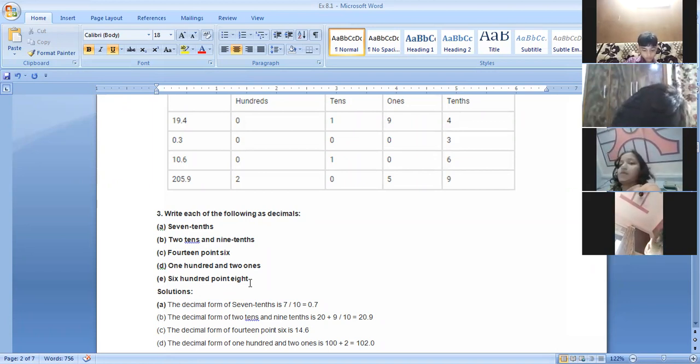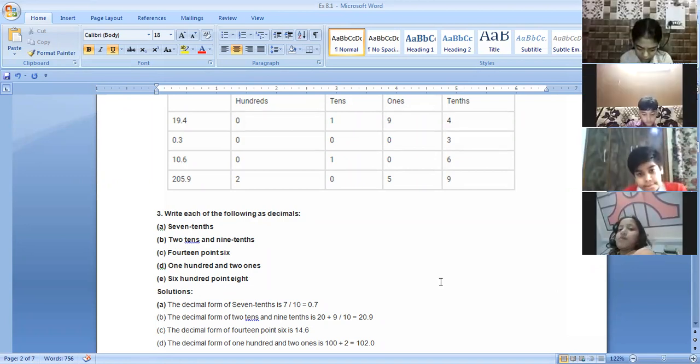Yes, ma'am. 600 will be written as 60. How can we write 600? Tell me. Ma'am, 600. Ma'am, 6, 0 and 0. 600. Then it's written point over there, na? Yes, ma'am. So you have to put a point after 600 then. Ma'am, 8. Then after that you will be putting 8, na? Yes, ma'am. 600.8. Right? Avni is wrong here.